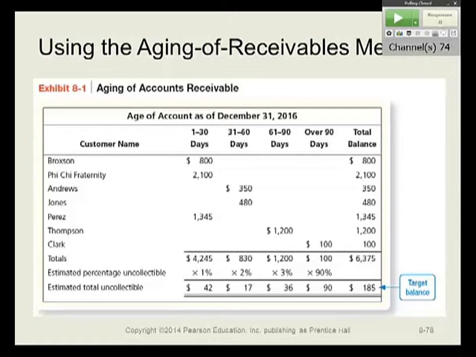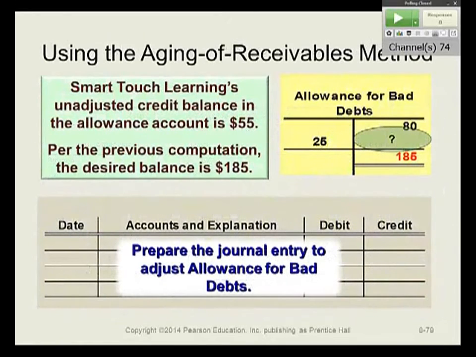Now I'm going to go over more examples today. We have lots of different examples that we're going to look at that will try to differentiate between the allowance method estimation under percentage of sales, percentage of receivables, and the age trial balance. So once again, this is what is known as a balance sheet approach. The focus is on the allowance for bad debts. We're not as concerned with the expense. And to explain what that means, if you take a look at the following example, we're going to use 185 as our target balance. In this particular example,